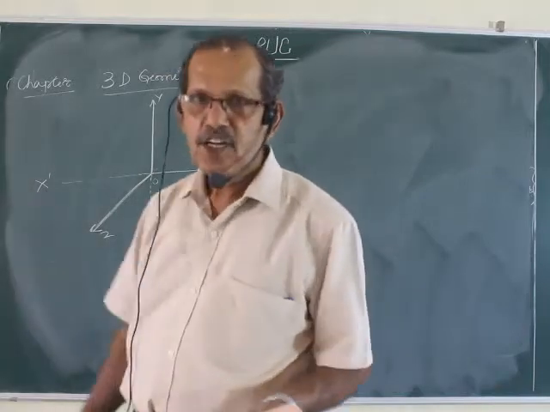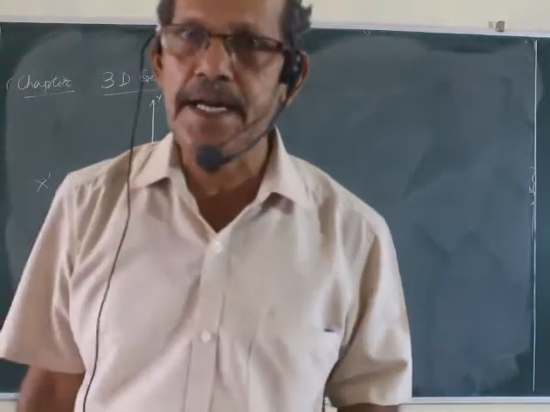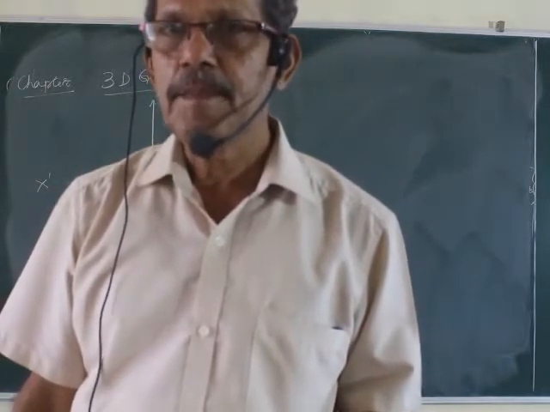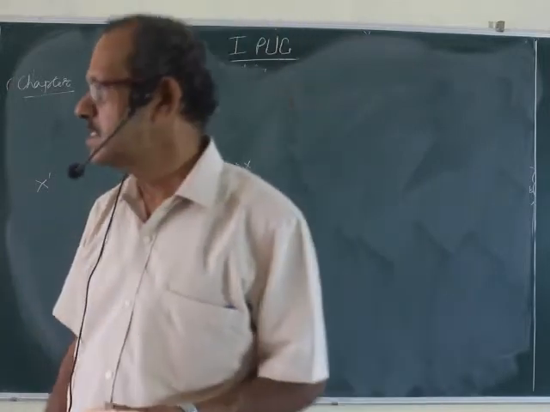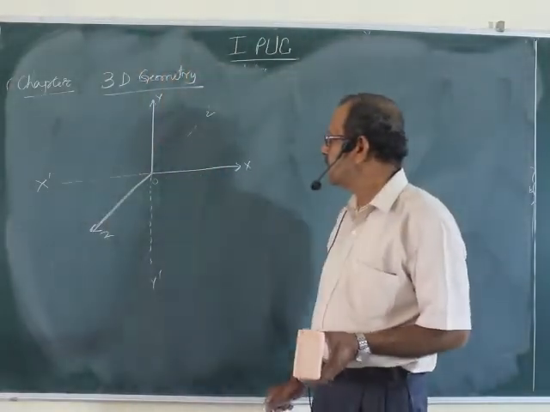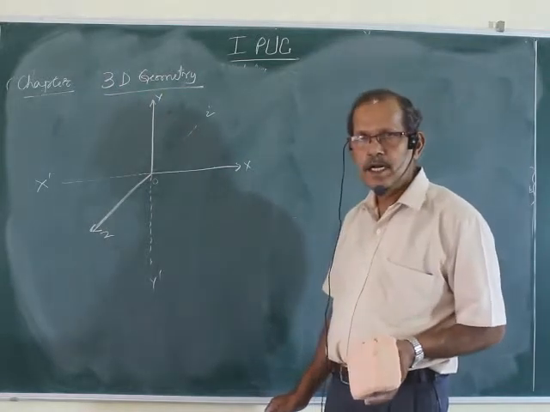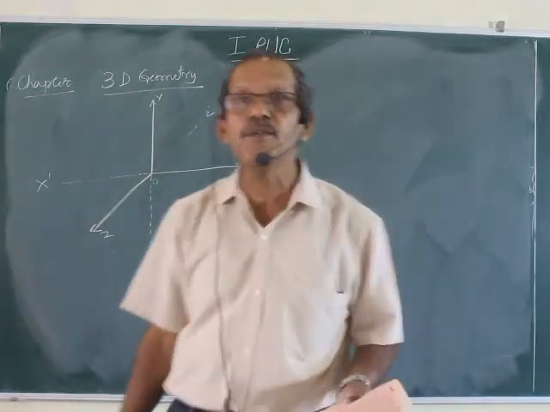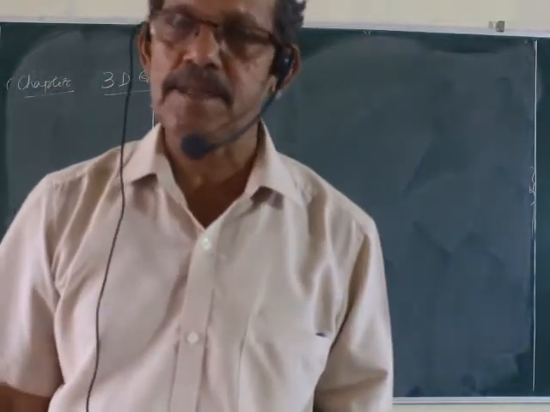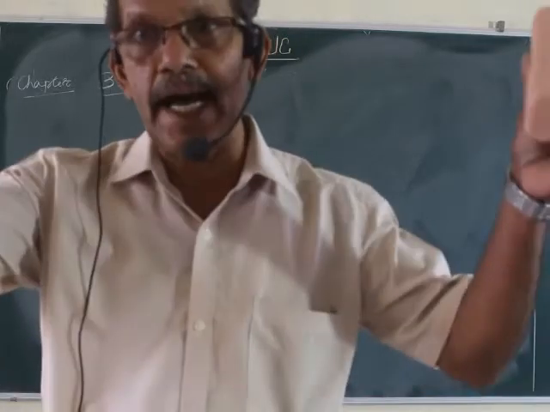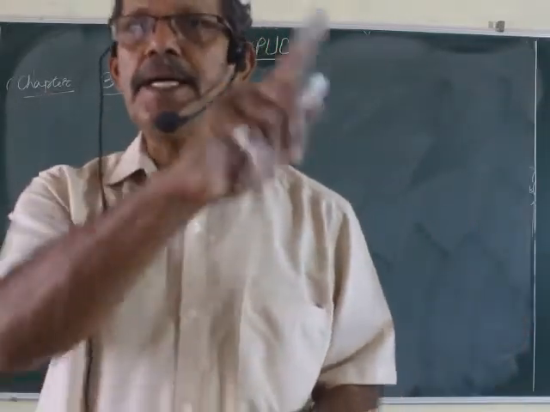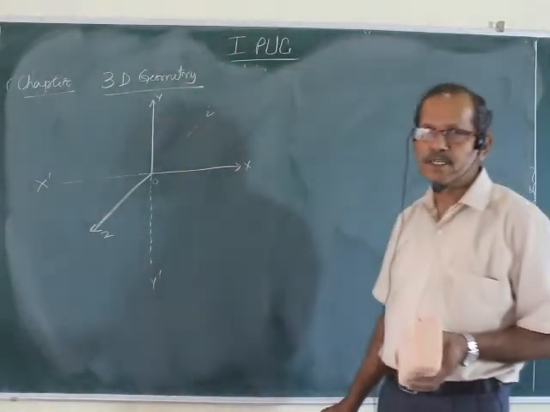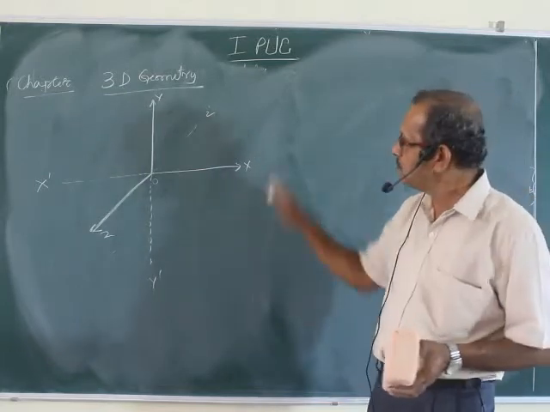Totally, the entire space is divided into 8 equal parts. In the previous one, you have seen in the two-dimensional, by drawing two mutually perpendicular lines, you have divided the entire board into 4 equal parts, 4 quadrants. Now you are dividing entire space into 8 equal parts, called as octants. There are 8 octants. Which are they? How to imagine that?